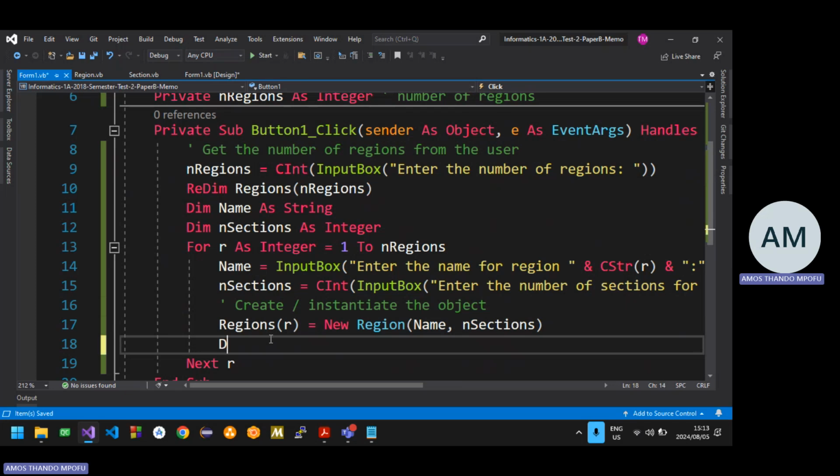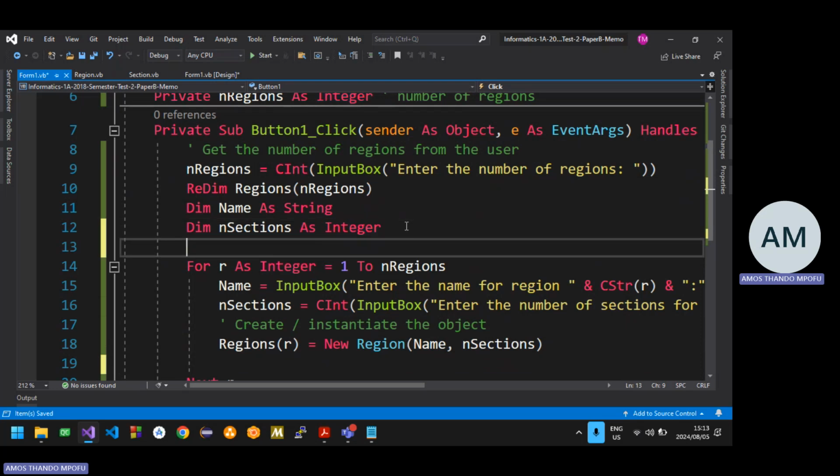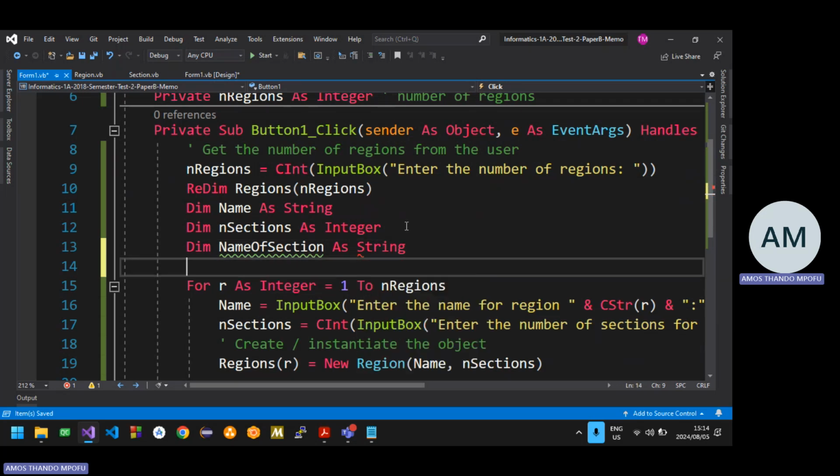Then I'm just going to say dim here. What I will do, right? It might seem like it's nothing, but try to declare your local variables outside loops. Because remember, if it's inside the loop, it's going to be repeated over and over and over. It doesn't make any sense to keep redeclaring the same thing. Your program is going to take a bit longer to execute. I don't expect you to worry about that now, but just think about it. You don't want to repeat yourself. So name of section as a string, and then